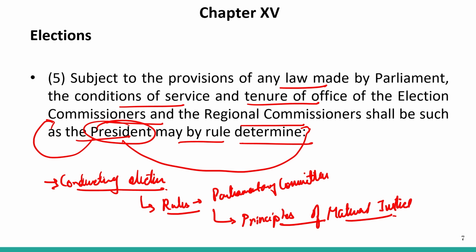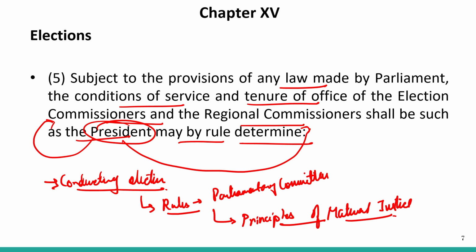I have explained this in our previous lecture series, so I won't explain it again. But yes, the principle of natural justice means that there should be a free and fair hearing, and obviously both the parties in the matter should be heard. If you want, I can explain it again in the upcoming videos for your better understanding. But what you need to remember about the Election Commission is that they are supposed to follow the principles of natural justice whenever they do anything in regard to elections. Okay,